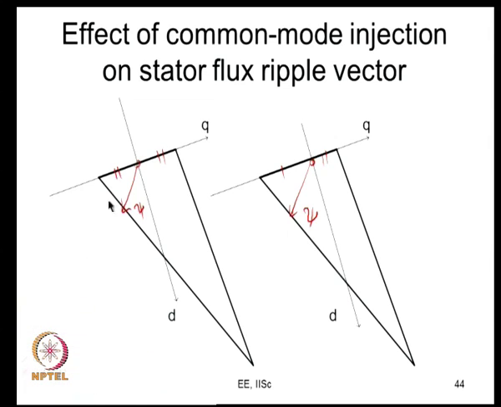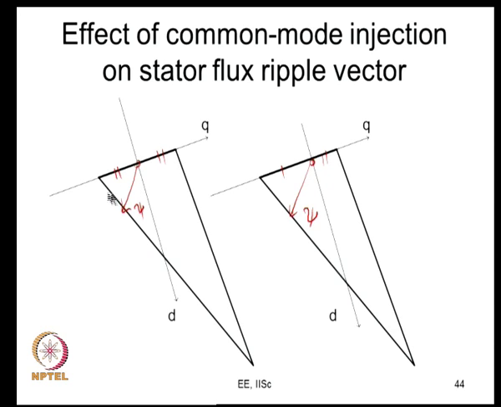So, here you have added common mode such that the active vector times and the null vector times are divided equally. This is a measure of your null vector time, this is again a measure of your null vector time. Here this is like T 0 and this is T 7, here T 0 is longer than T 7. So, you have this now. What happens? You can see your q axis flux ripple, it is some negative maximum, it is some positive maximum, whereas here you can see your negative maximum is much higher than what you have here.